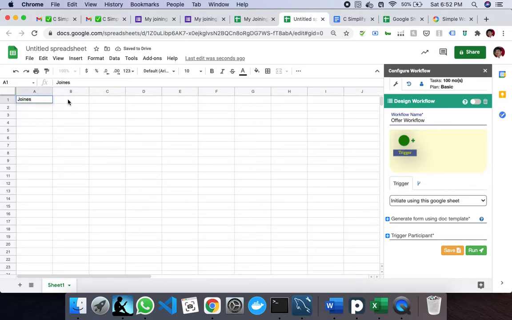So let's say I say it's the joinee, and let's say general manager, or whatever we wish to have as participants. So here on sheet 1 I am defining two participants, and then I have to provide their email IDs, to whom the workflow should go.